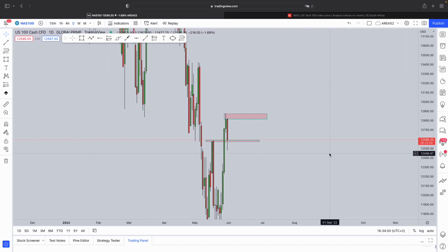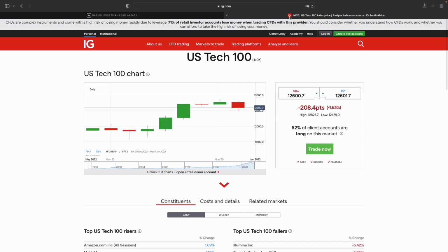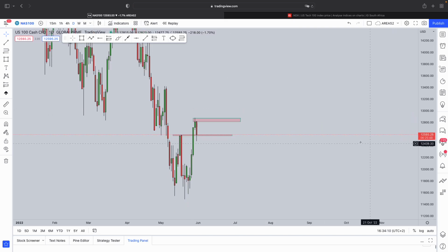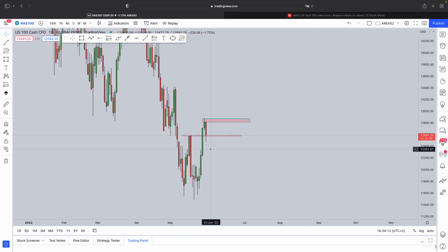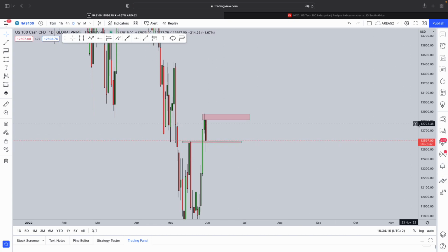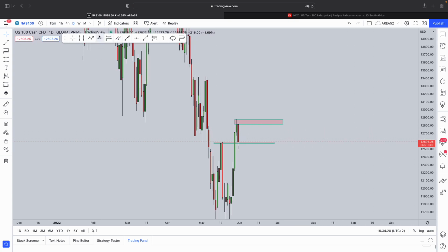Now that is a hefty situation if you've got 62% of retail traders long. And for those of you that know smart money, because I spoke about that last week Friday, there's probably a high possibility that this market can start this meltdown to the downside, but we don't have the fundamental data yet to make that decision. Now, based off where we are at the moment, there's a high possibility that the NASDAQ will